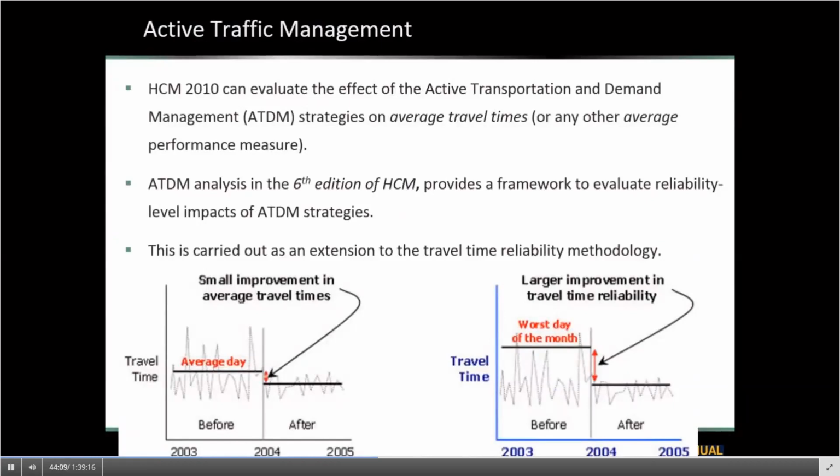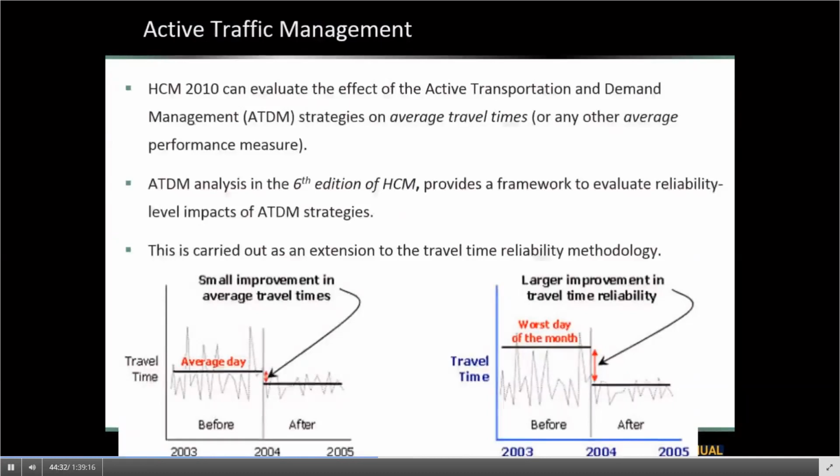Before implementing the ATDM strategy, the high travel time was much higher, but after implementing those treatments, it has reduced a lot. This picture is possible to see through the reliability analysis and incorporation of the recurring and non-recurring